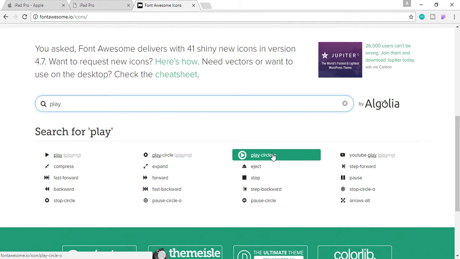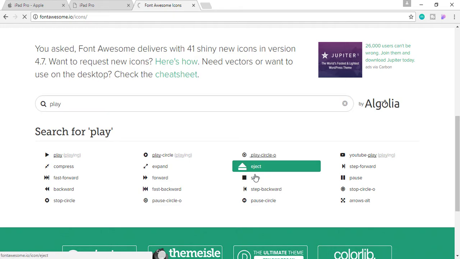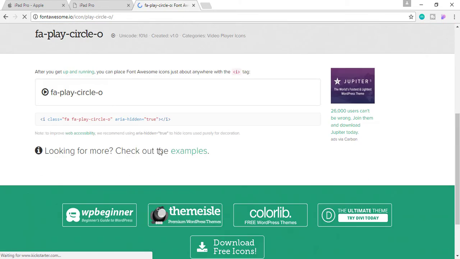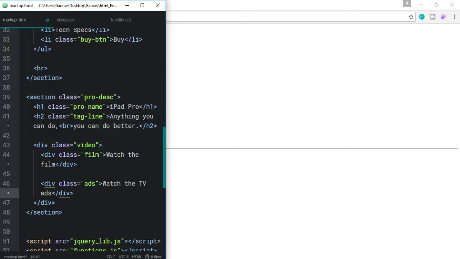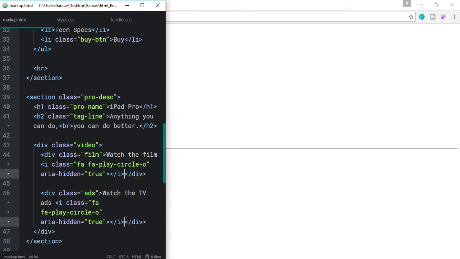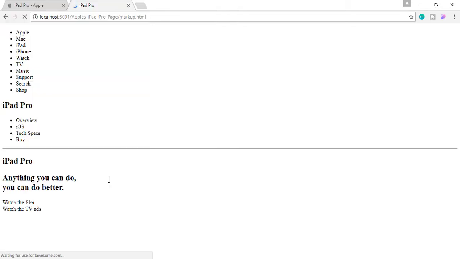I think we need this one, so let's copy this thing from them and close that, and let's paste it in our markup. So a space and that I. Okay, so as you can see, those icons are added in our markup.